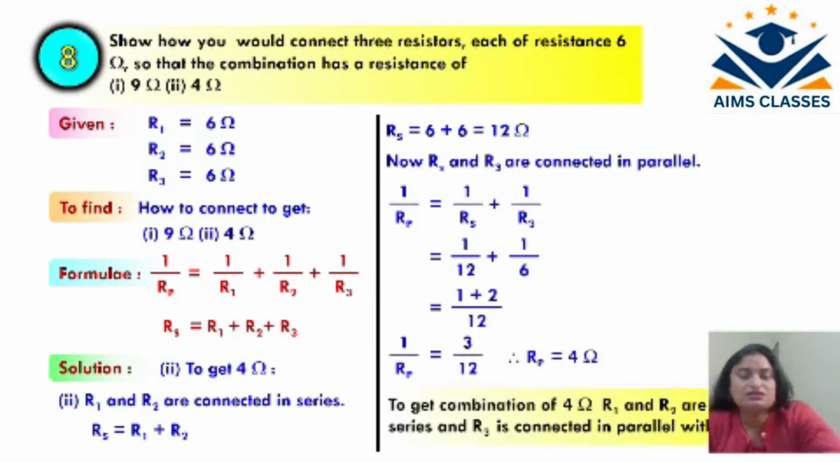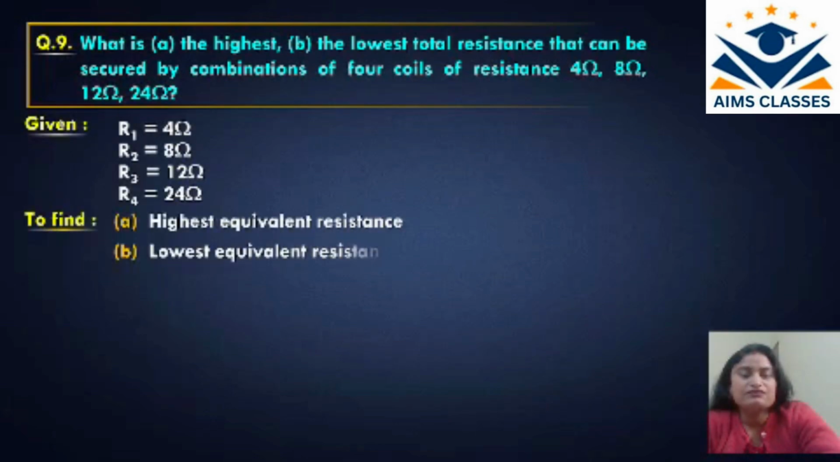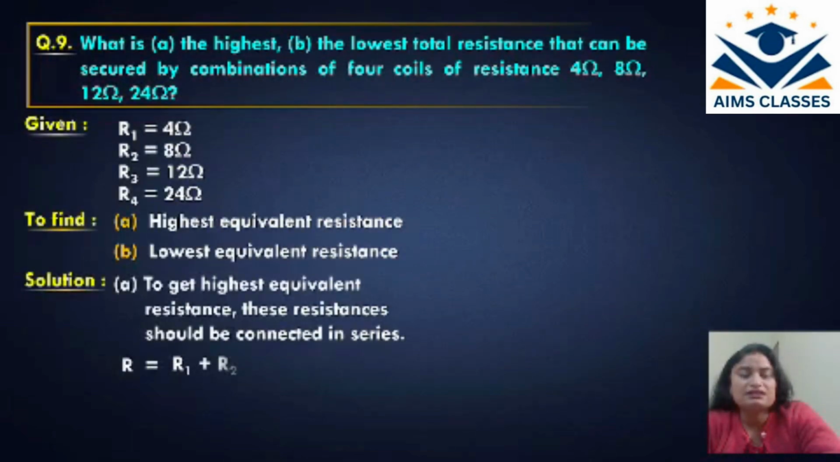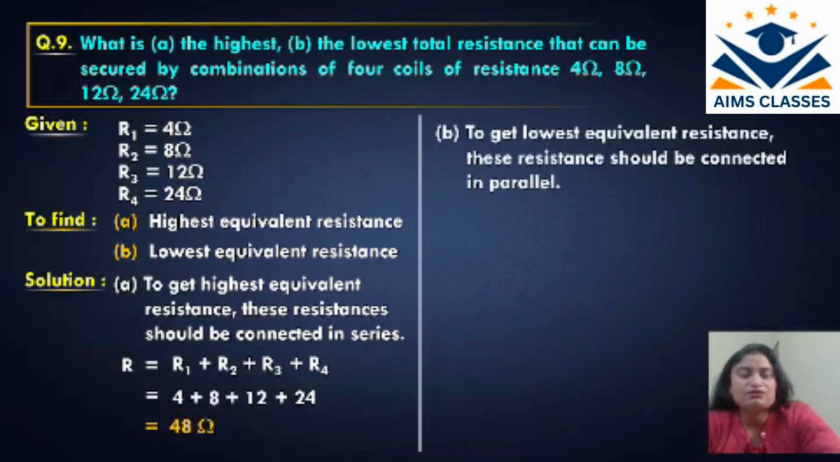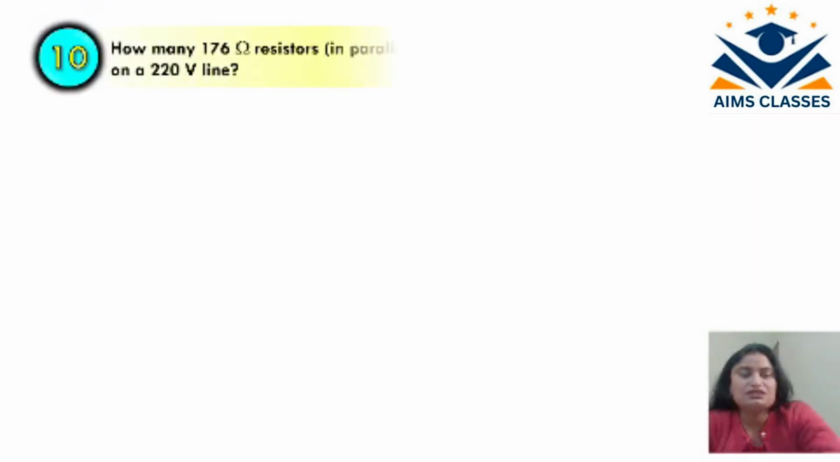So all about that. And next question, what is the highest and the lowest resistance? So for highest resistance they must be connected in series, and for lowest resistance connected in parallel. So total resistance 48 ohm, and for total equivalent resistance 1 by 4 plus 1 by 8. So this is the 1 by 2. And the next question is, how many